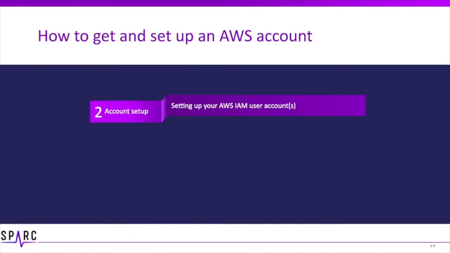In this section, we will set up your AWS IAM user account, which we will use to download datasets from the Spark portal. The root account is considered your administrator access for AWS. For security purposes and to restrict access, it is recommended that you set up a secondary user account called an IAM user account, or Identity Access Management user account.